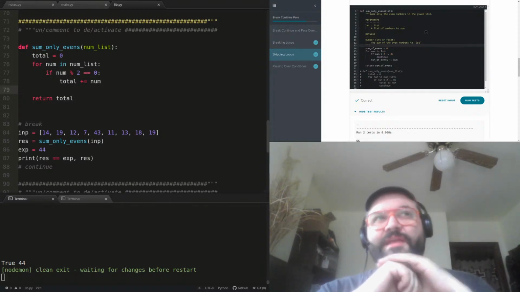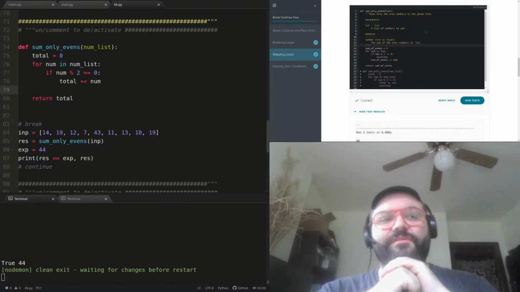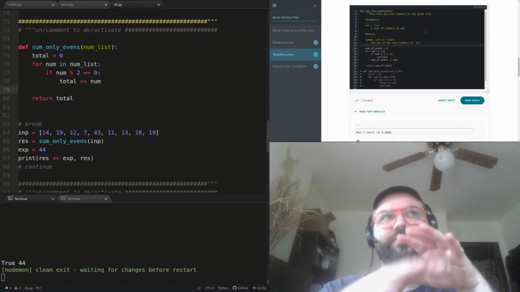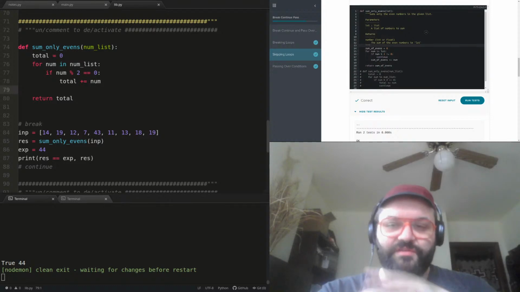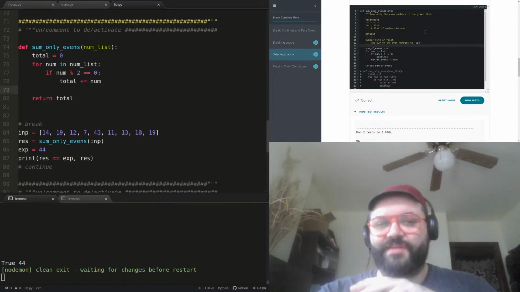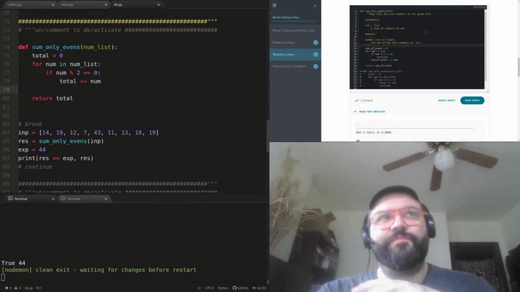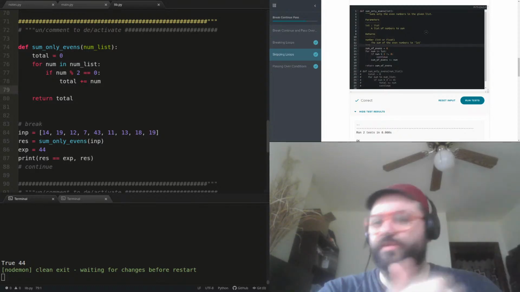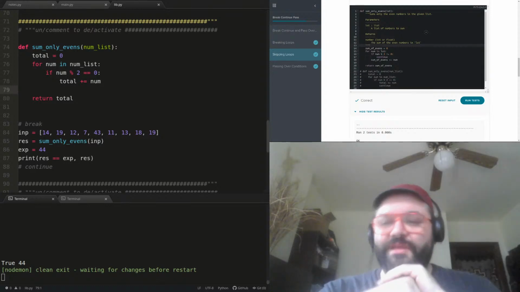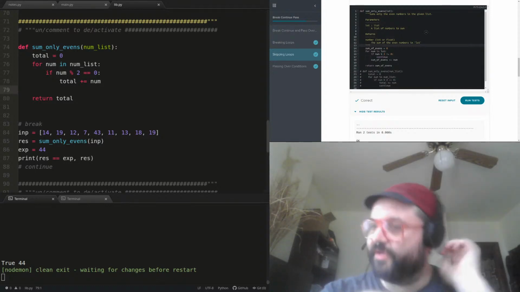In times where it's obvious what's happening, it's preferable to do it this way, and then you don't have to have a continue. But sometimes it's really nice to lay out your conditions in a way that models how you're thinking about something, and continue can be a good help with that.